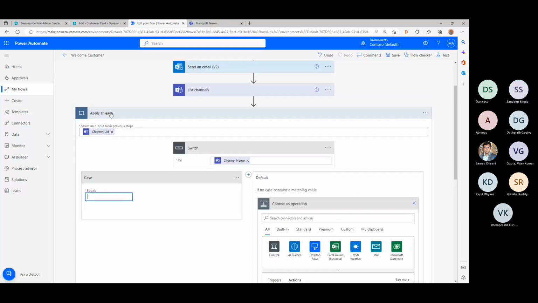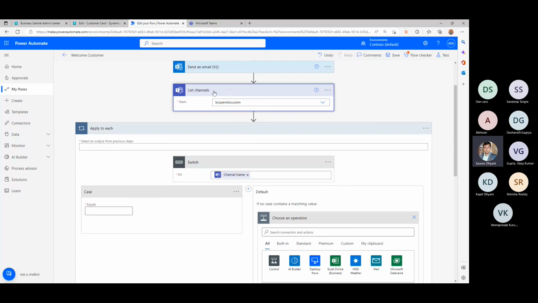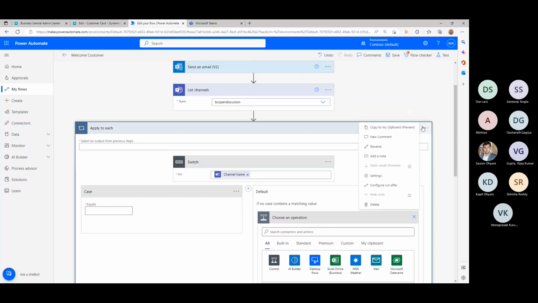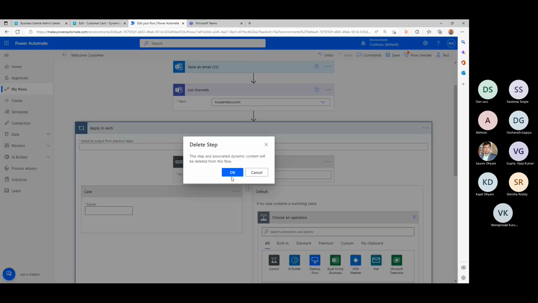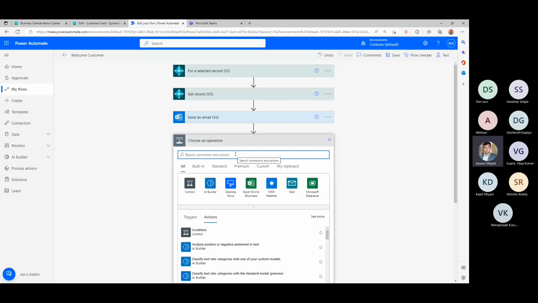Is there another API that I'm missing from Teams? Should I be using list channel or something else? Let me see. Okay, Teams channel.